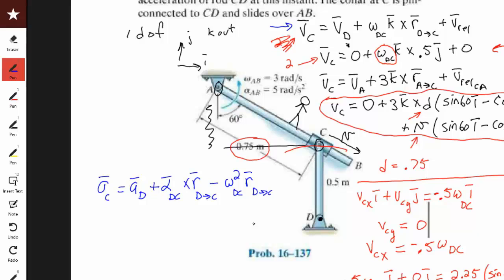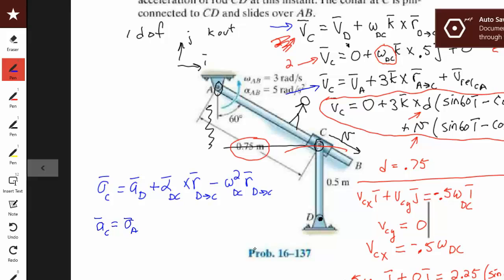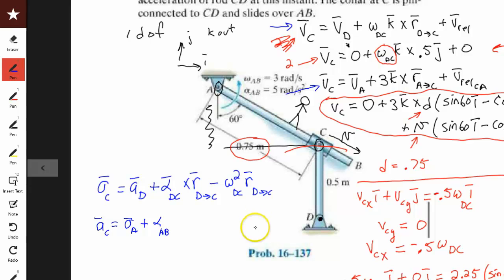The next one I'm going to mimic is this one right here. So the acceleration of C is equal to the acceleration of A plus alpha of AB cross R. It's going to be the same R as it was before, so it's going to go from A to C, minus omega squared AB R A to C,